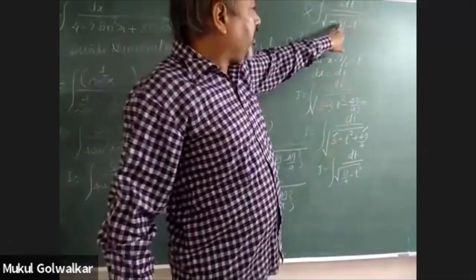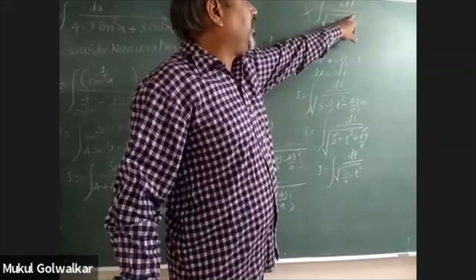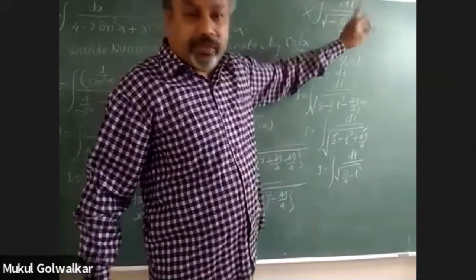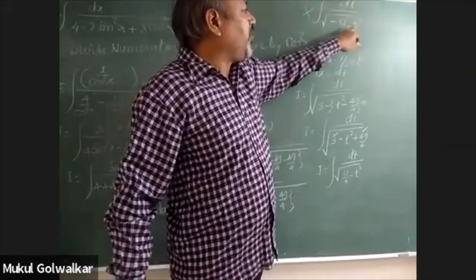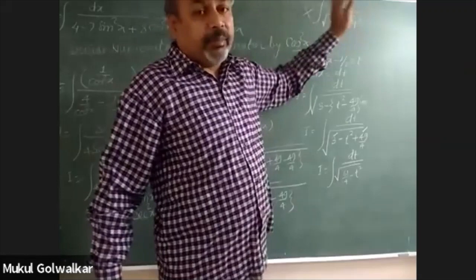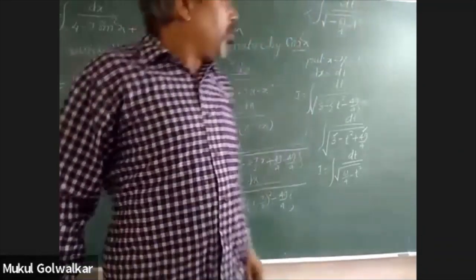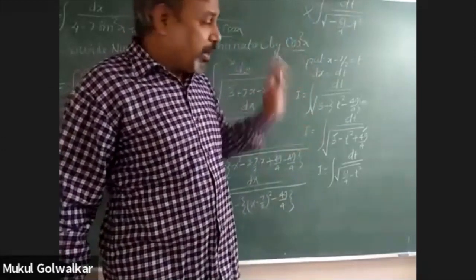But you should be checking the calculations once again. Suppose you come to the conclusion that within the square root sign both of the terms are negative, so you check your calculations once again. And if you are confirmed that both of the terms really are negative, then you can write the comment that both of the terms are negative within the square root sign. So this is a purely imaginary quantity and we cannot integrate it hereafter.